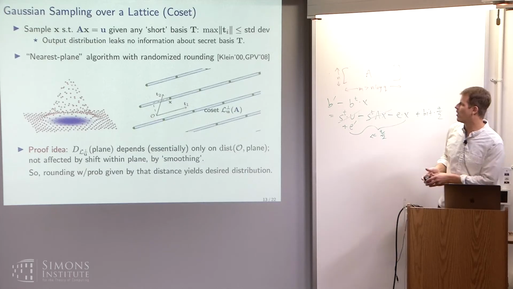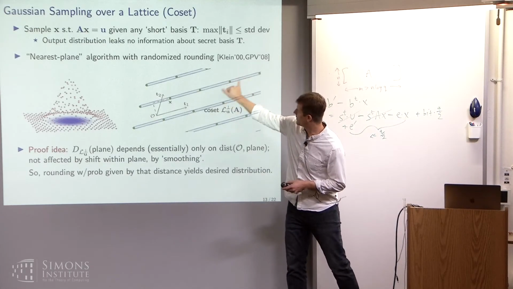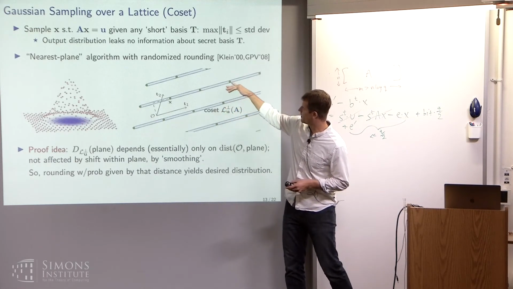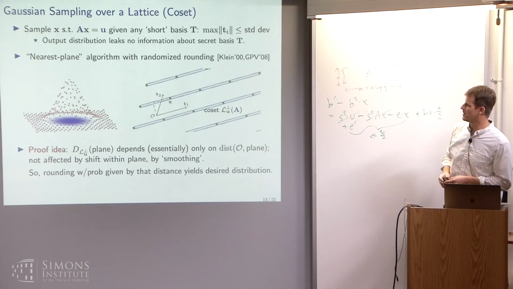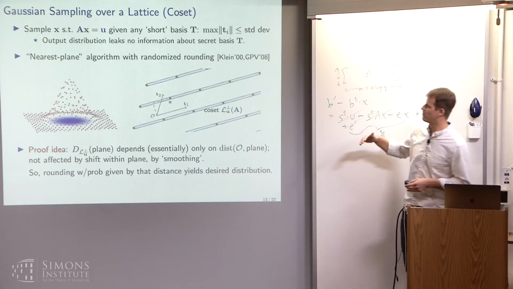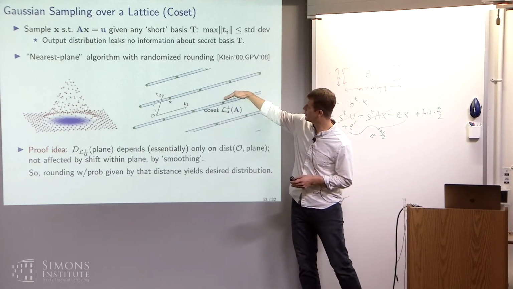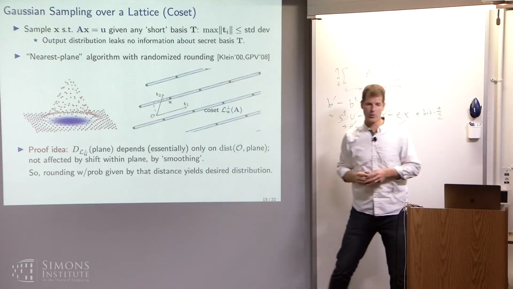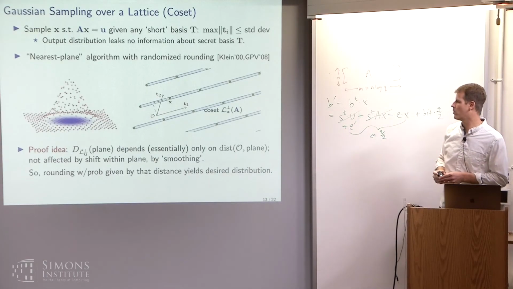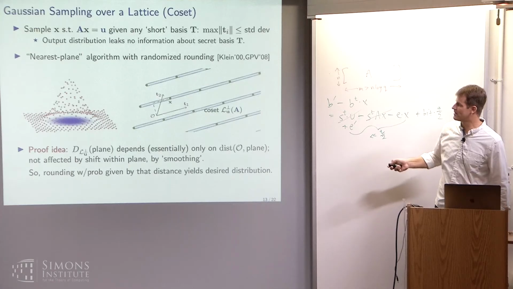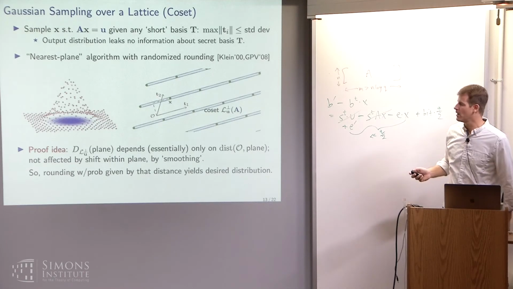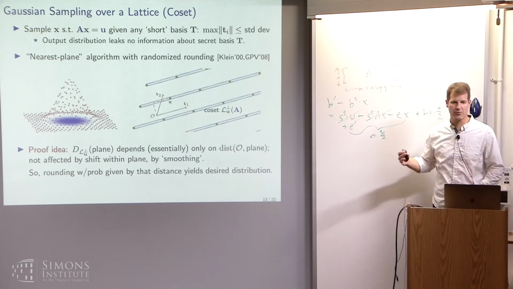So it doesn't matter how the points are shifted within each plane. There's essentially a smoothing argument which shows that the probability mass basically only depends on the distance of the plane from the origin. And so what that means is that if you round off to each plane with the appropriate probability, which depends only on the distance to the plane,